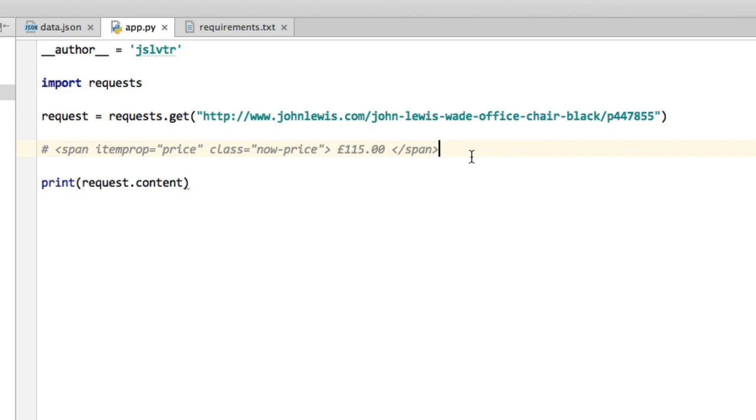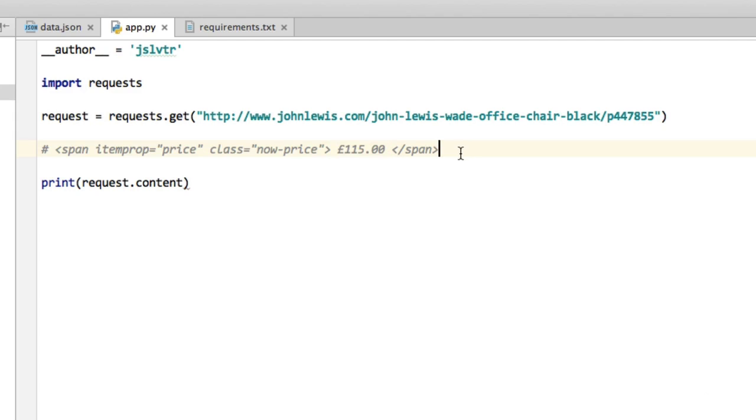Which means we could start potentially building some sort of application that would let us find prices of items and possibly even alert us when they go down in price, which would be quite interesting. We're not going to be building the full-blown application at this stage, but we will get back to that later on in the course. In order to be able to search through this HTML code and find the data that